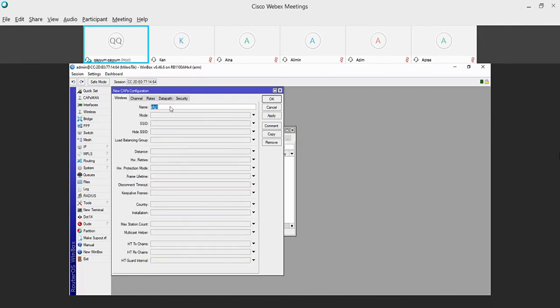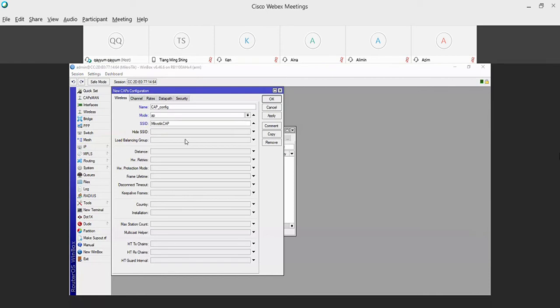You just label a name. Maybe this one is config. So this is the config for your cap. Because you are using CAP, the mode is AP, and then you create the SSID for the CAP, for example, Mikrotik as CAP.